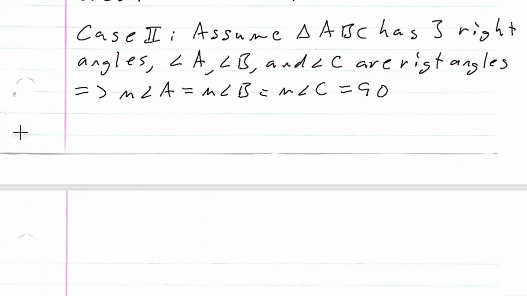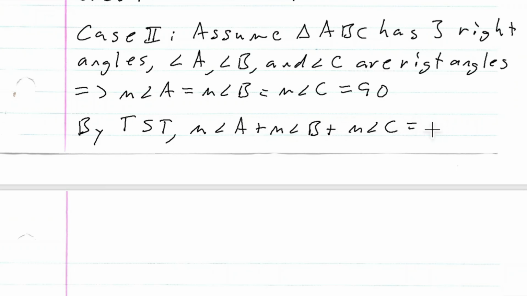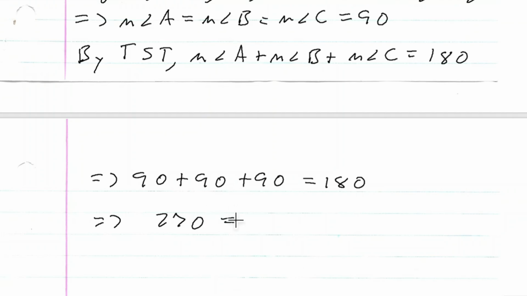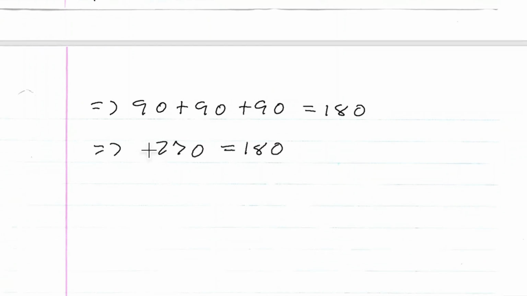Okay? So by the triangle sum theorem, we know that the measure of angle A plus the measure of angle B plus the measure of angle C is equal to 180, right? And since all of them are 90, this implies that 90 plus 90 plus 90 is equal to 180. So this implies that 270 is equal to 180. But of course, 270 does not equal 180, right? And there's our contradiction,